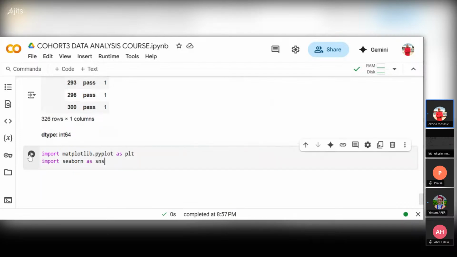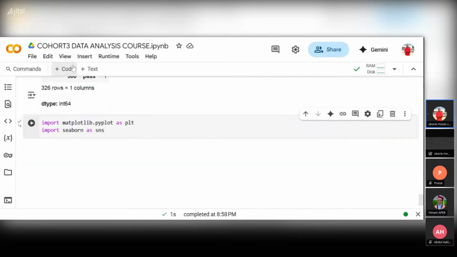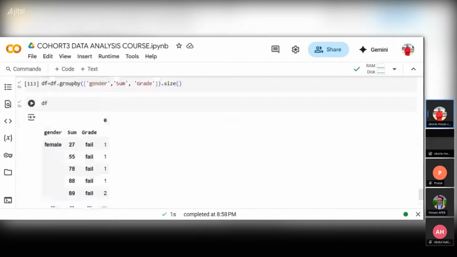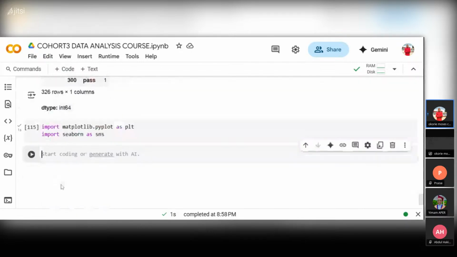Now we are going to run it. These are the libraries. We have already run it. And we are going to work on this data. We want to see the visualized data, and we are going to name our visualized data as